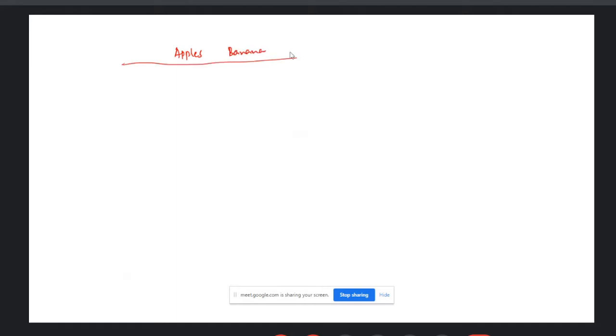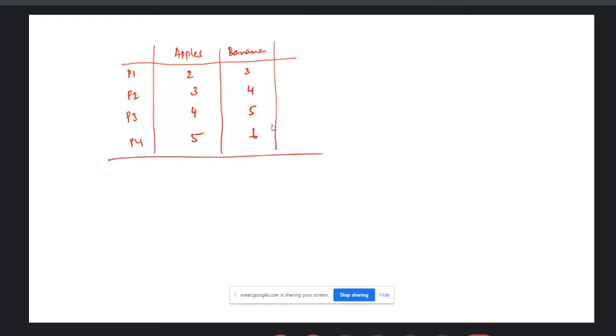We have 2 varieties of fruits, and person P1 wants to buy around 2 kg of apple and 3 dozens of banana. Similarly, let us say person 2 buys this quantity, and person 3 buys this quantity, and person 4 buys this quantity.